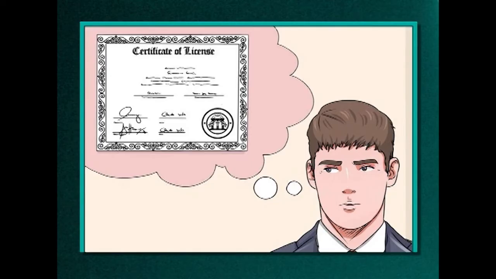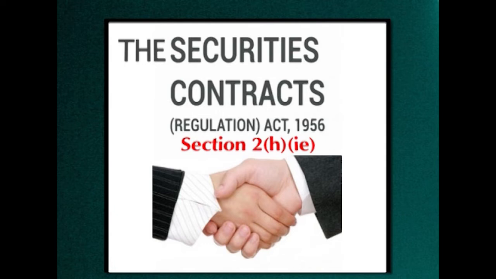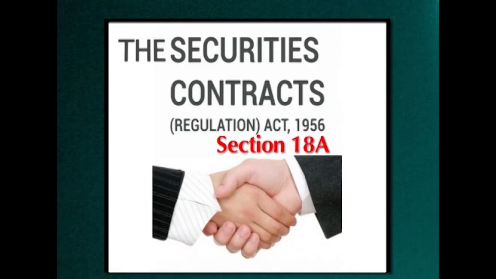or contravenes the provisions contained in section 17 relating to licensing of dealers in securities in certain areas, or section 17A relating to public issue and listing of securities pertaining to any certificate or instrument as stated under subclause IE of clause H of section 2 of the Act, or section 19 relating to the prohibition of working of stock exchanges other than recognized stock exchanges, or enters into any contracts in derivative in contravention of section 18A, or the rules made under section 30 of the Act,